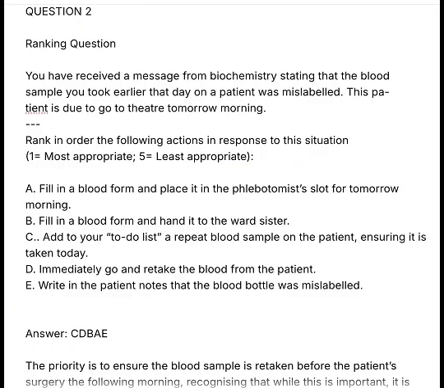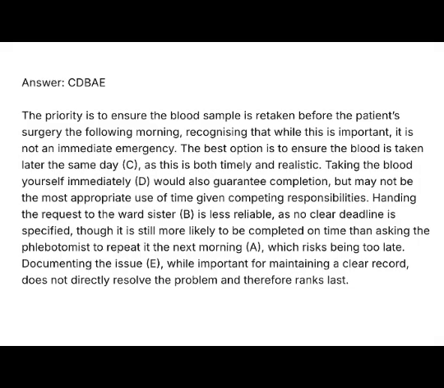A. Fill in a blood form and place it in the phlebotomist's slot for tomorrow morning. B. Fill in a blood form and hand it to the ward sister. C. Add to your to-do list a repeat blood sample on the patient, ensuring it is taken today. D. Immediately go and retake the blood from the patient. E. Write in the patient notes that the blood bottle was mislabeled. Answer: CEDBA. The priority is to ensure the blood sample is retaken before the patient's surgery the following morning, recognizing